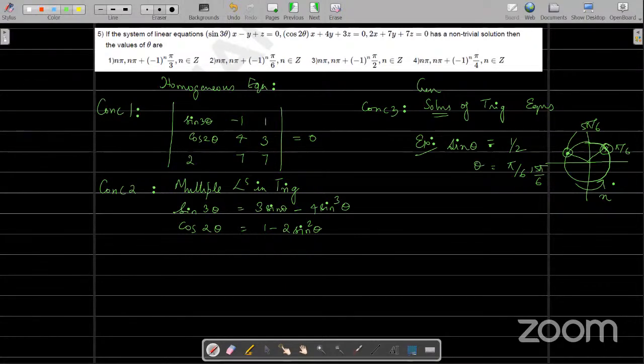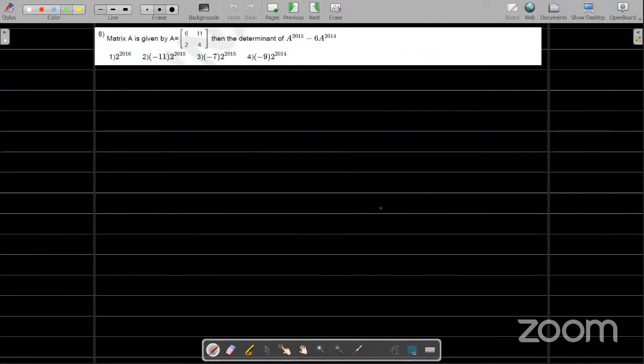Okay, so I'm skipping that also because we have discussed what is the need, and you can fill in the blanks of the calculations. Then this is another interesting problem. What does it say? It says matrix A is given by some number 6, 11, 2, 4. Then the determinant of A to the power of 2015, so that means they're actually calculating